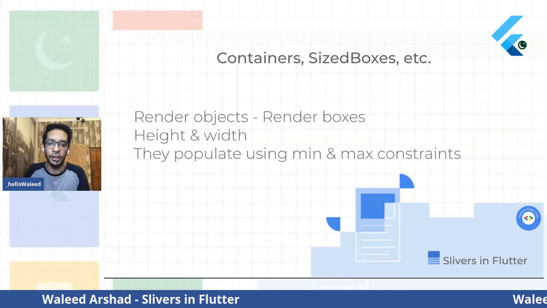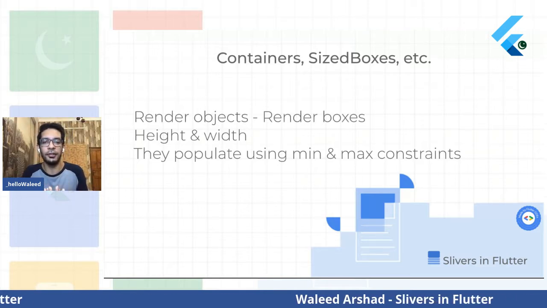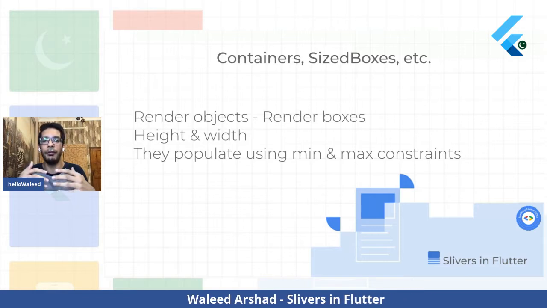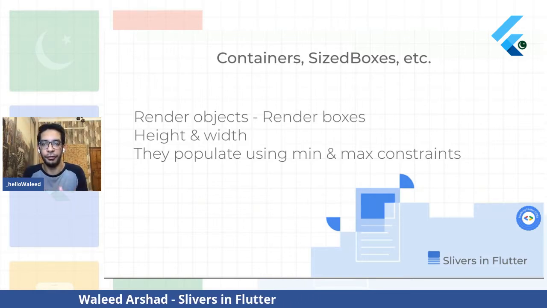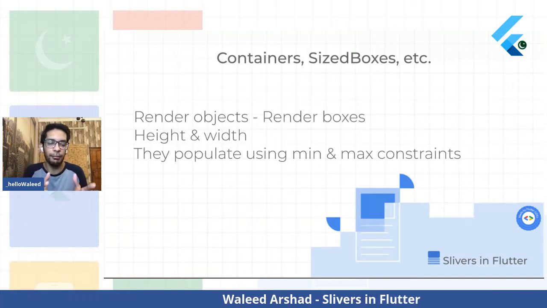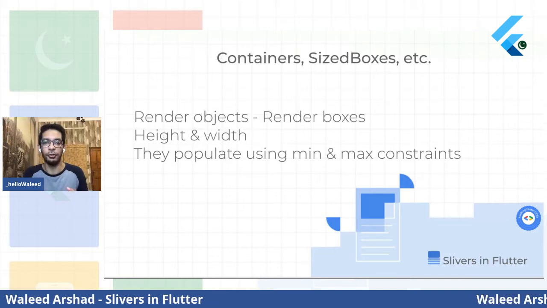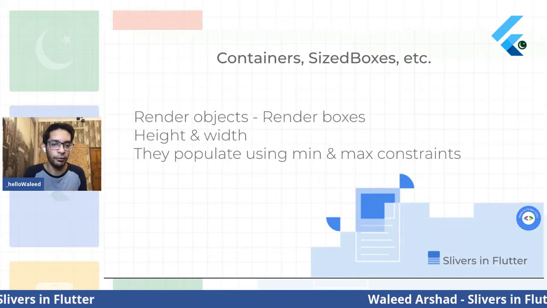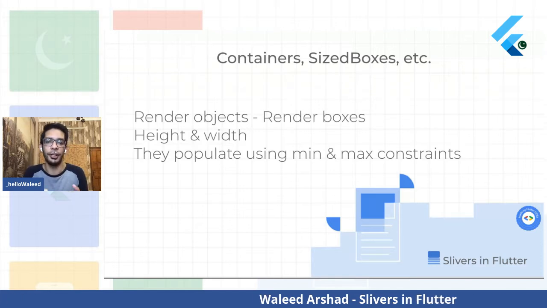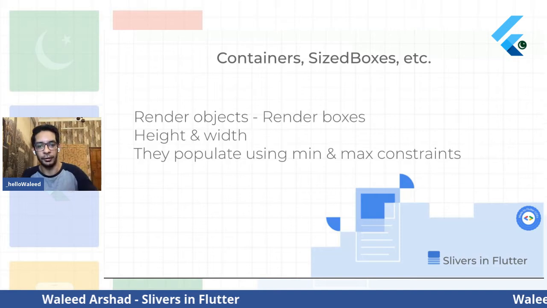So you need to expand within that. Then the child says, okay, if I'm given a height and width of 50, I can populate within that. I cannot go beyond that. So the child can populate within the 50 by 50. It can populate on a 40 by 40, on a 40 by 50, on a 30 by 20, but not more than 50. So that comes through the parent.